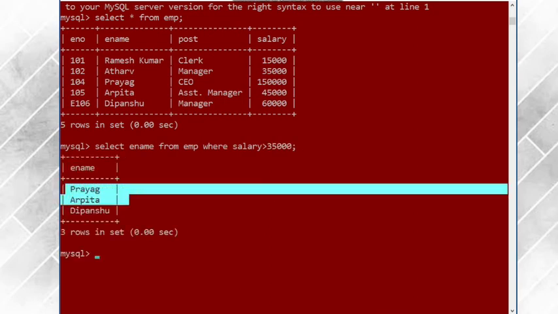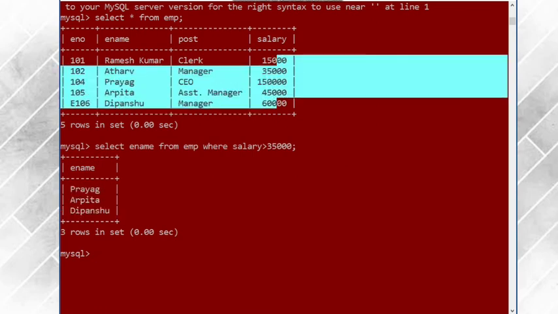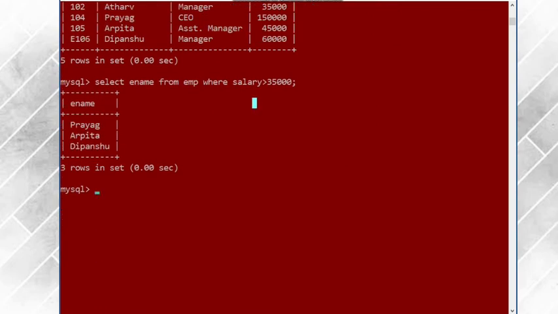Now suppose I want to see who is getting the lowest salary and who is getting the highest salary, so I want to sort the records in the table. For sorting the records in the table, there is an order by clause which we will be using. Now how to use this order by clause?